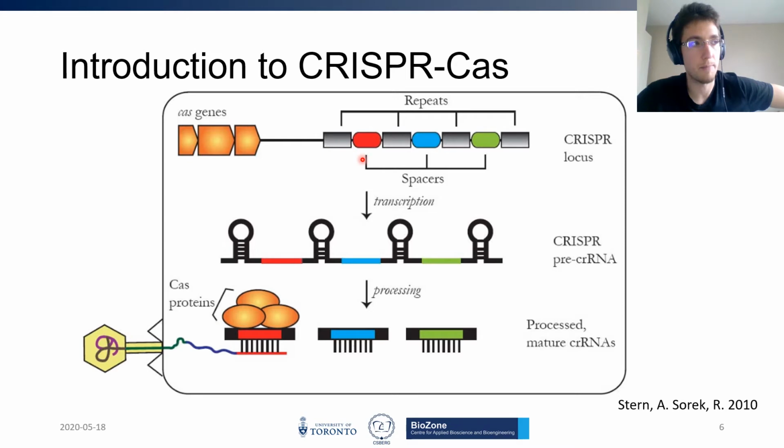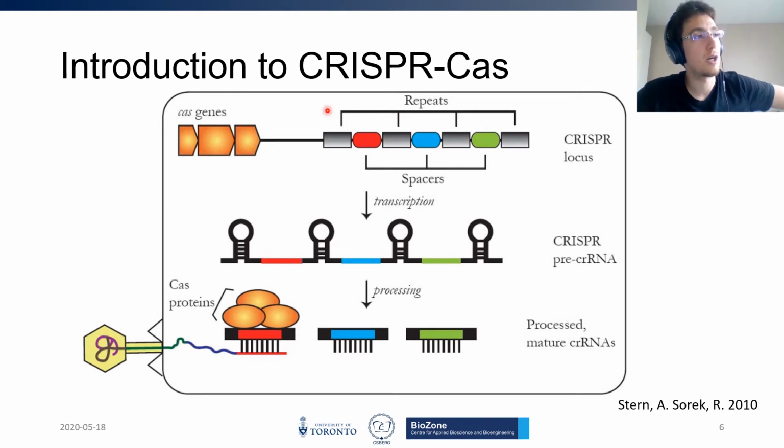If there's a spacer that matches the plasmid, the spacer can interact with the foreign plasmid DNA. It's fairly straightforward. And the second component of the DNA here are the Cas genes. The Cas genes code for proteins. So we discussed before, these are individual proteins that are folded in a certain way and can do something in the system, right? So in order to provide protection against foreign genetic sequences, like a phage genome, for example,